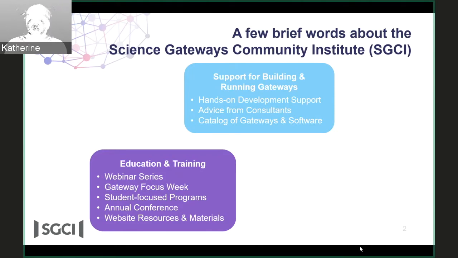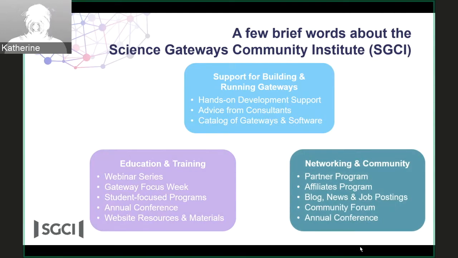Our third main area of support is providing a broader and more organized community with ways of connecting with partners. Our affiliates are folks who are in the catalog of software who are willing to support that software to members who reach out to them, either through us or directly. We have a variety of news outlets, including a blog.